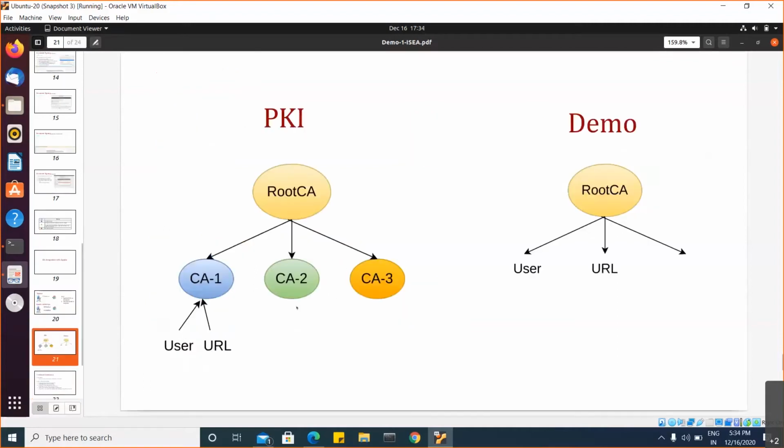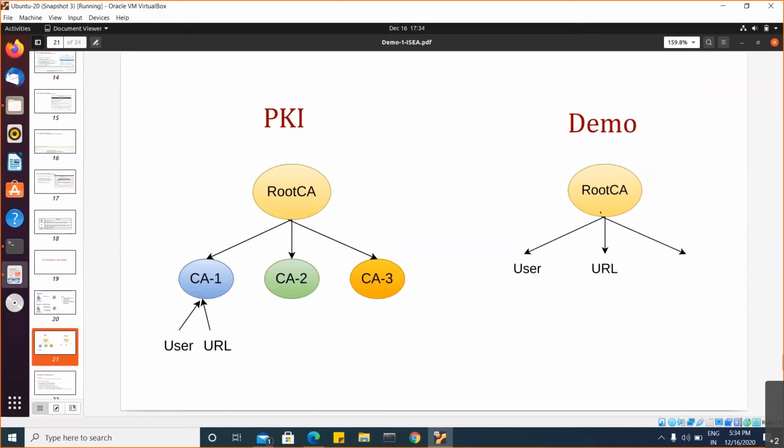In a similar way, the demo is planned like this: we have a PKI, we have a root CA, which delegates the power to the CAs. The CA is the one that issues a digital certificate to the user or for a particular domain. To show you the demonstration, we are going to have a root CA which is self-signed, as we have done earlier.